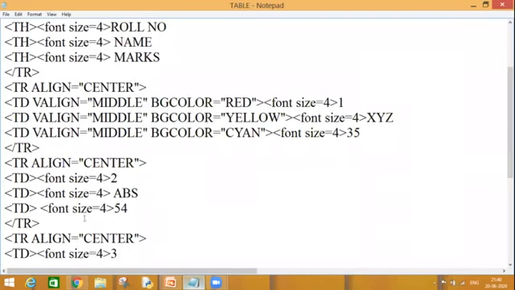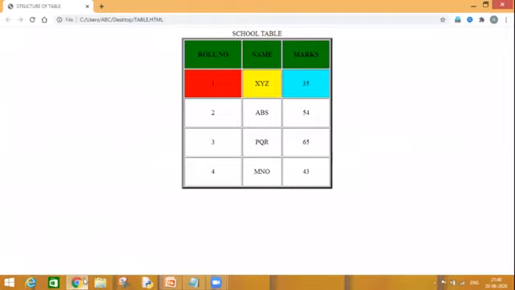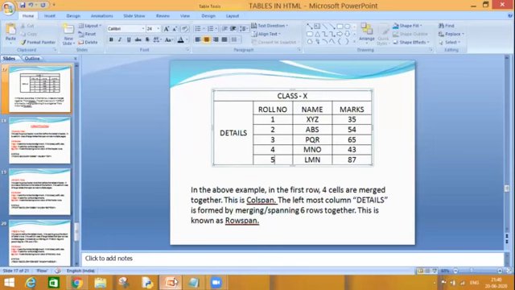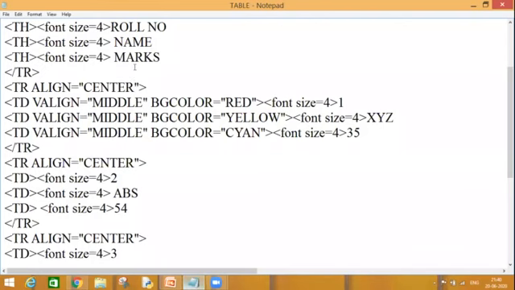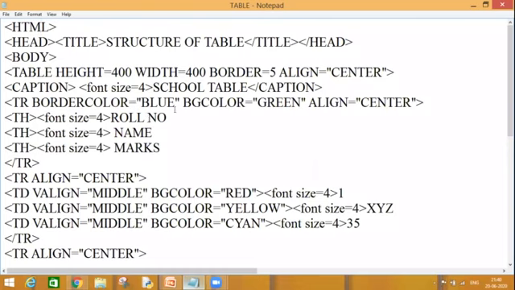Now, come here. This is my table, right? So according to this table, I need to add one more row on the top. Class 10, I want to write. Clear? And the rest of the columns will remain the same. So what will I do over here? This is my first row.